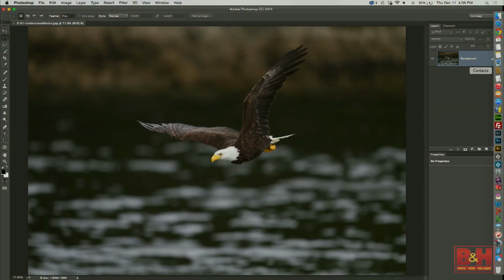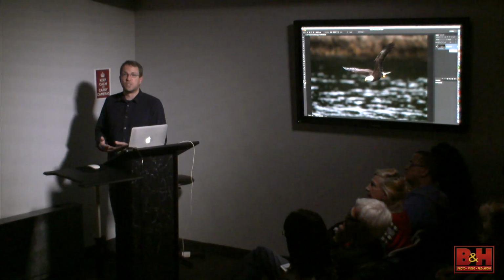Let's take a look. We have a picture. We decide there's something we would like to change about that picture that is not global, that is specific to a particular area of the image. For example, in this case, maybe I want to apply some adjustments that only affect the bald eagle and that don't affect the background in the image. How am I going to tell Photoshop what I want to have affecting the image in certain areas and not in other areas? Well, someday,